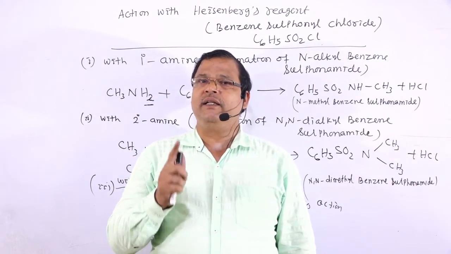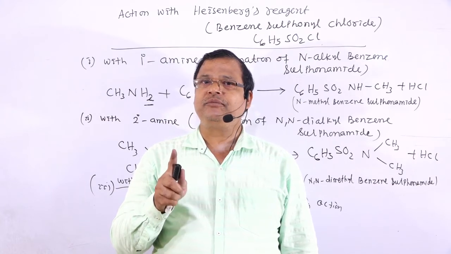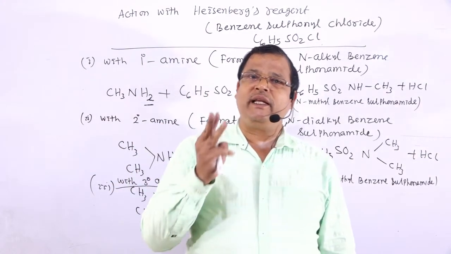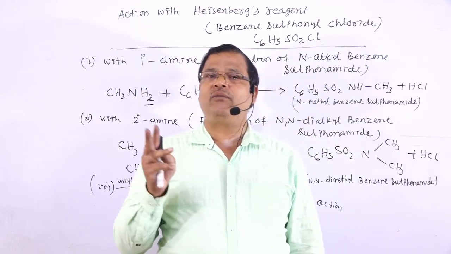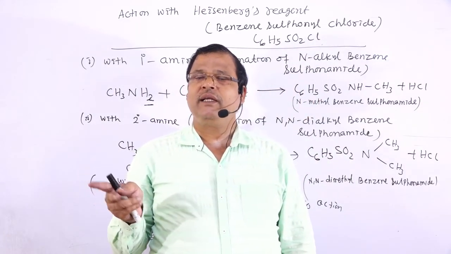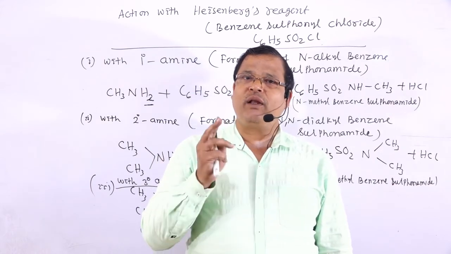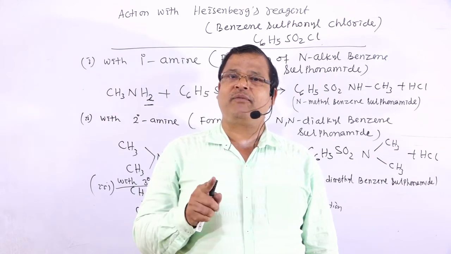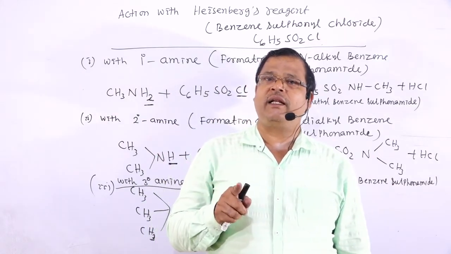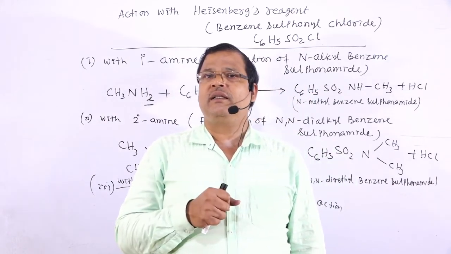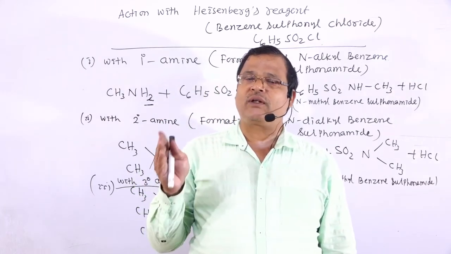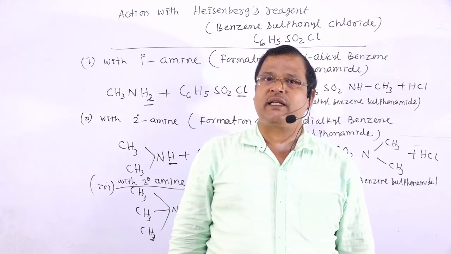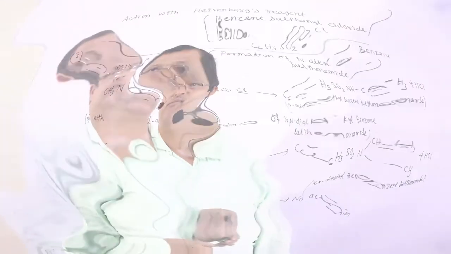What is that reaction? Reaction of the amines with alkyl halide. If we start from primary amine, 3 molecules of alkyl halide are required to form quaternary ammonium salt. If we start from secondary, 2 molecules of alkyl halide are required to form quaternary ammonium salt. And if we start from tertiary amine, only 1 molecule of alkyl halide is required to form quaternary ammonium salt. So this is how we have differentiated between primary, secondary and tertiary amines.